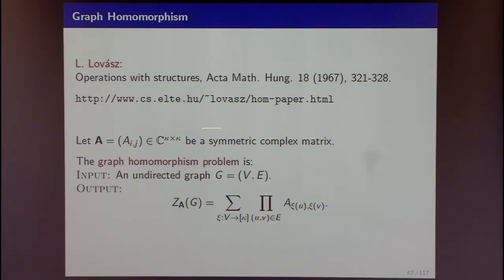And the way it is defined is as follows. You're given an n by n, or k by k, symmetric matrix. And the input is a graph. And then the output is the sum of product thing again. And now what is this sum of product? It's a sum where you assign every vertex of the input graph G to one of those kappa colors, or one of those columns or rows. And then for every particular assignment, you multiply, for every edge of the input graph G, the target value in the matrix A. Let me illustrate this by an example.